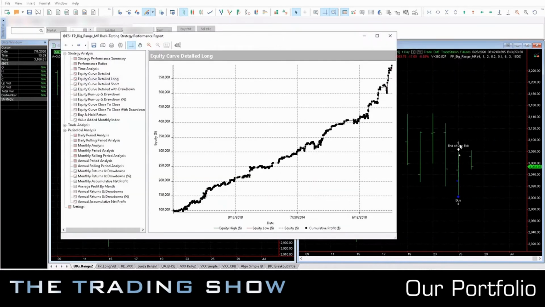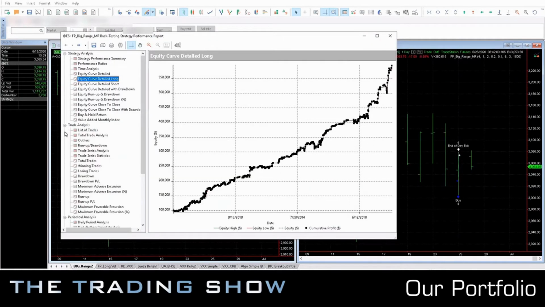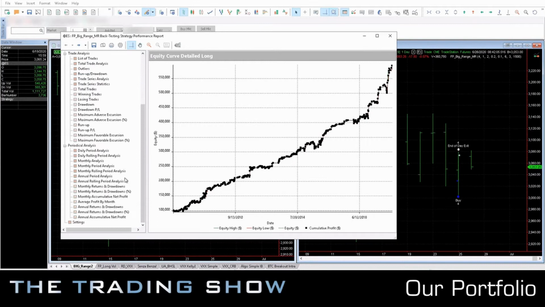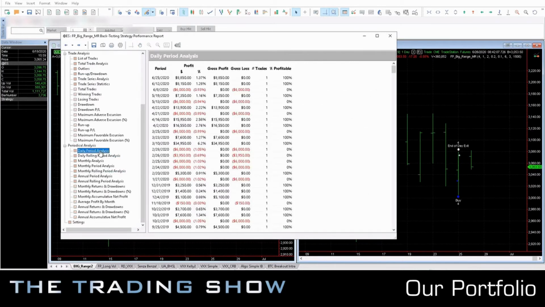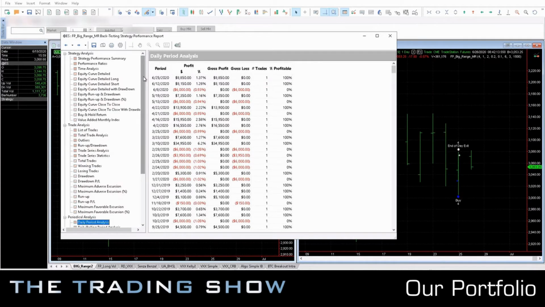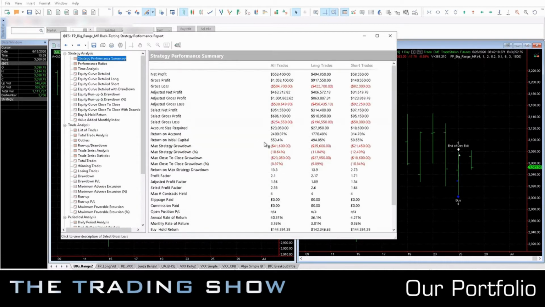So let's see the trade of the week. The system has bought 4 E-mini S&P 500 futures, closed at the end of the day for a total profit of $8,850. Clearly this is a much more aggressive system and it uses more contracts than the previous one.